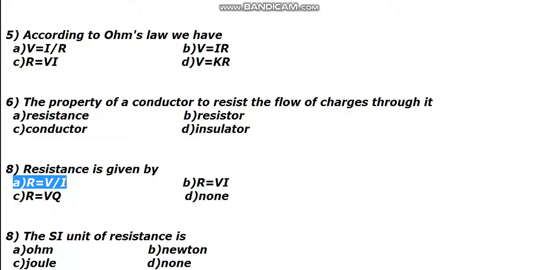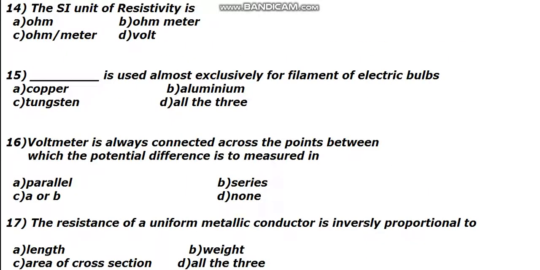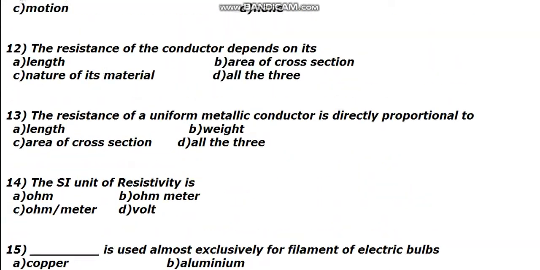It is ohm. With the help of that, Ohm, who discovered this, in the sense who calculated the resistance of that conductor, after his name the unit is given. Ohm is the unit for measuring the resistance of a conductor. Okay, now I'll move to the next one.